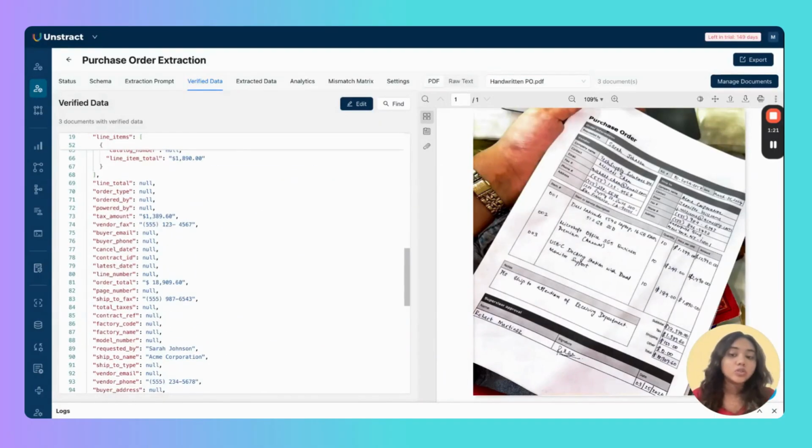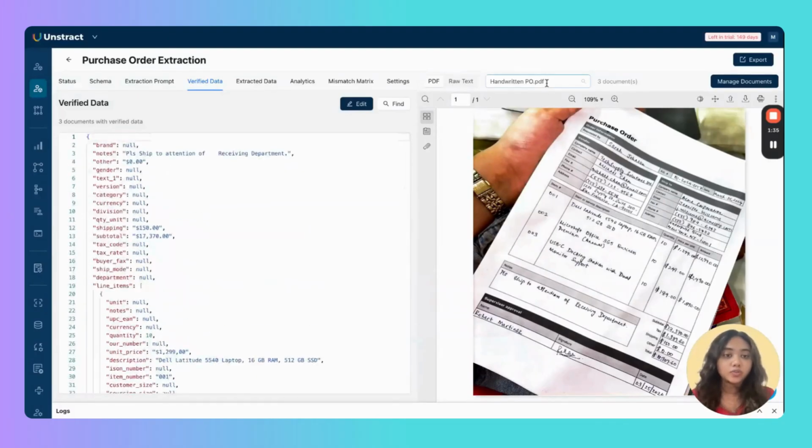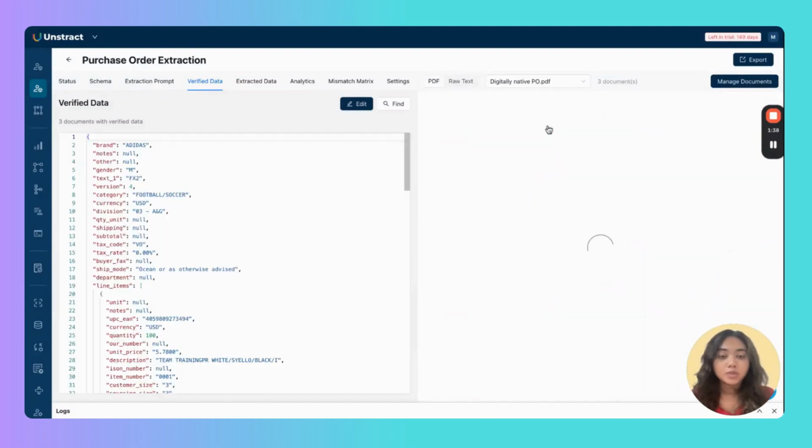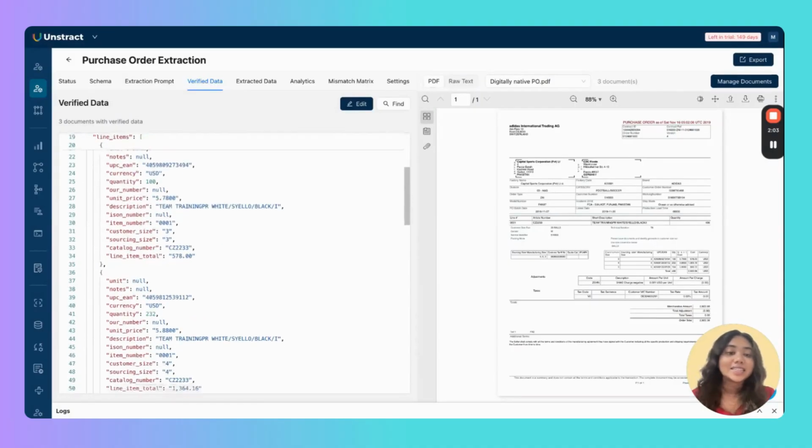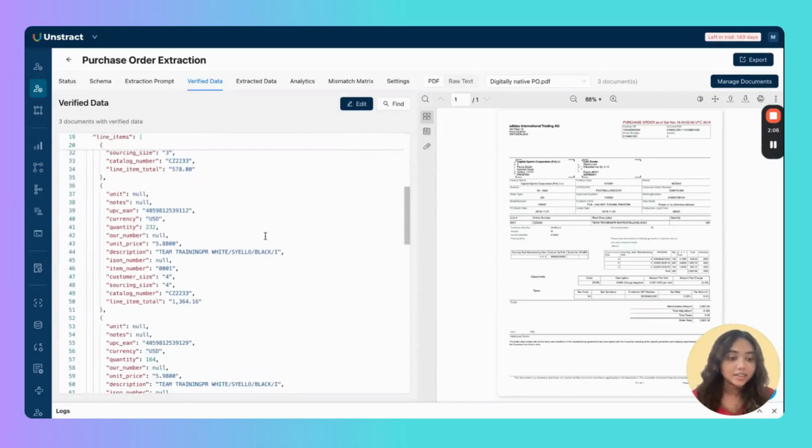So what this allows you to create is one golden set of data with all the accurate extraction outputs. And this is especially useful when we have to change the prompts in the future, because many businesses will have to alter the prompts as time goes by. And sometimes when you alter a certain portion of the prompt, it might affect certain other portions that you did not intend to change. So when that happens with subsequent extraction runs, the system automatically compares the extraction output with the verified data and highlights the areas where the data is extracted incorrectly.